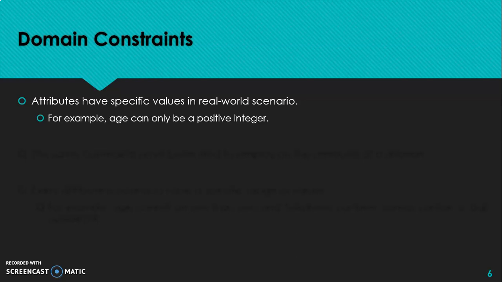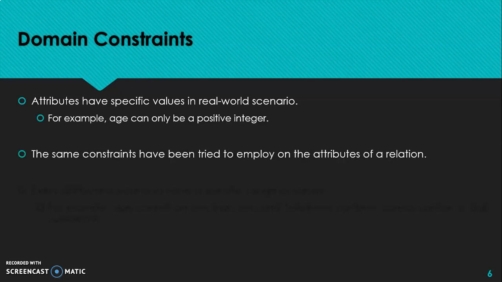Like here in the example, the age can only be positive, so you cannot have values like -1 or some negative values. While entering, you may declare that it will accept an integer value, but any negative value can also be an integer value, so you cannot give that condition. So using domain constraint, you can have this facility.